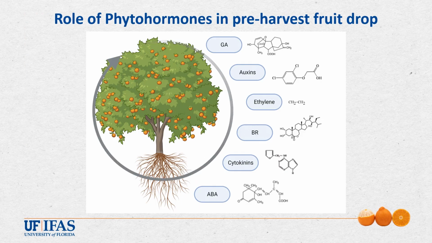Abscission is a process that is heavily regulated by phytohormones, which are chemicals produced by plants that regulate their growth, development, reproductive processes, longevity, and even death. While there are many types of different phytohormones, there are 6 classes that are most abundant in major plant physiological processes such as gibberellins, auxins, ethylene, brassinosteroids, cytokinins, and abscisic acid. In the next part of this course, we will discuss which of these major classes are most involved in abscission that specifically pertains to pre-harvest fruit drop.